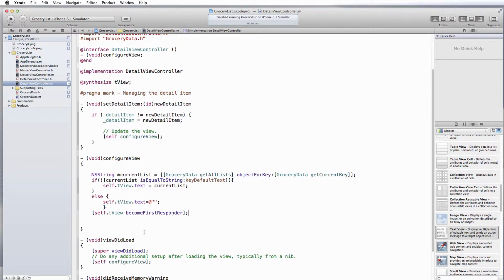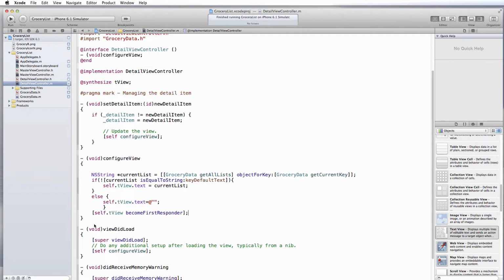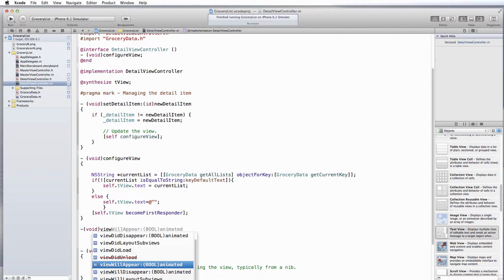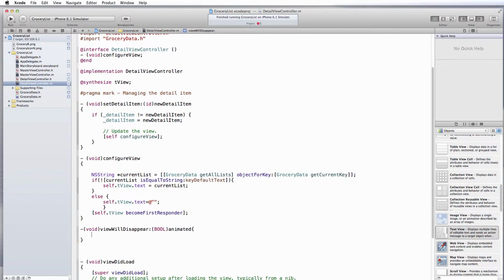All right, so now what we have to do is write a method that's going to get rid of the current screen. So what we're going to name this is viewWillDisappear. And you can see your helpers through Xcode. The first thing that I want to do is make sure that the text field we're working with is not blank. And if it's not blank, we're going to save the data. And if the text field is blank, then we're going to delete the data.